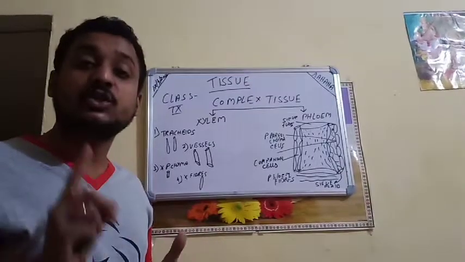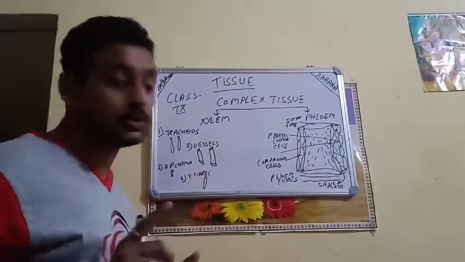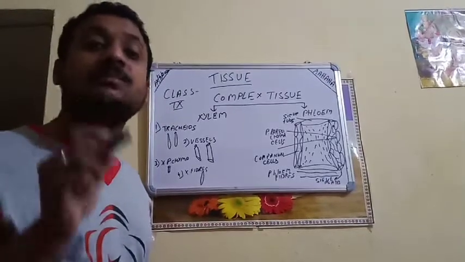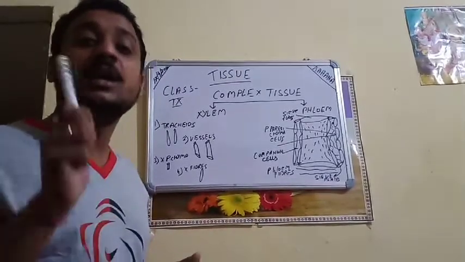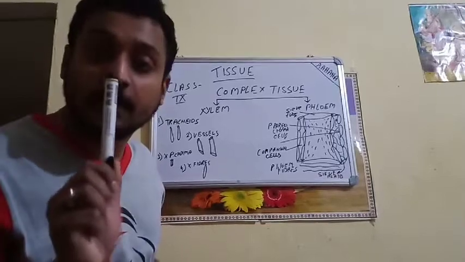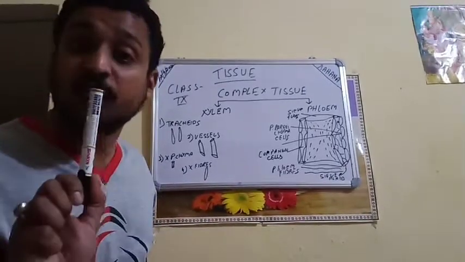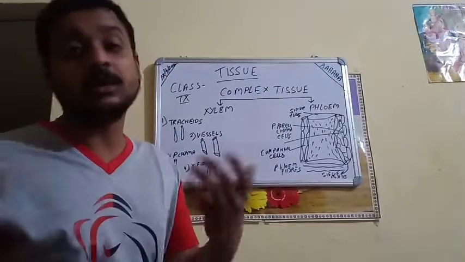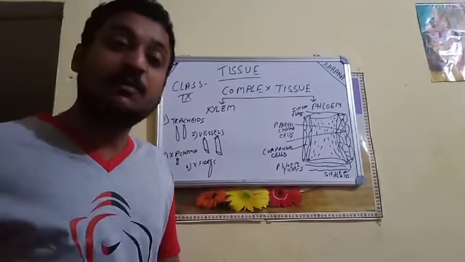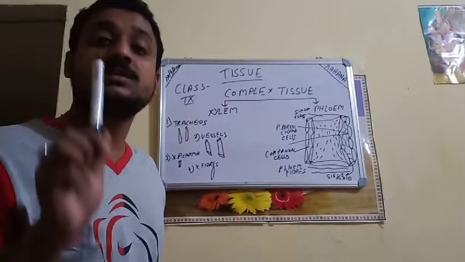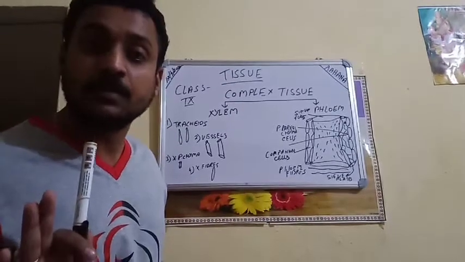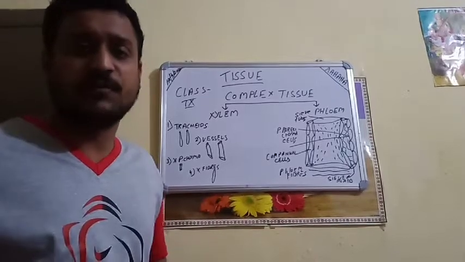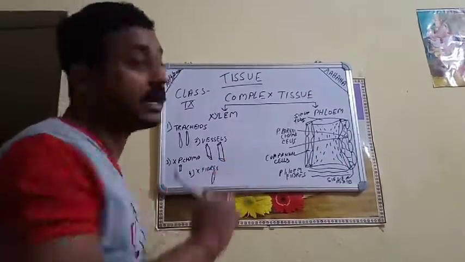Now, the main feature of complex tissue is that though they are made up of many cells, these many cells are functioning in a single way. Means they have only an individual function. Xylem will conduct the water and minerals, phloem will conduct the food. Secondary functions like giving strength to plants are a different thing, but the major function is conducting.